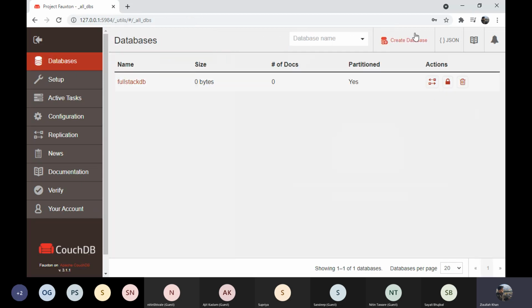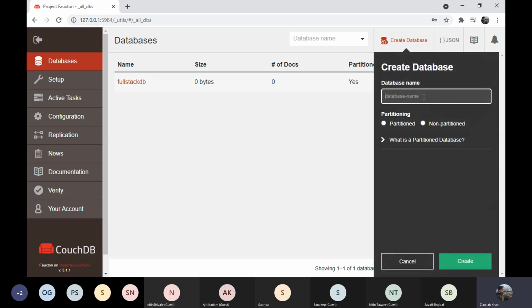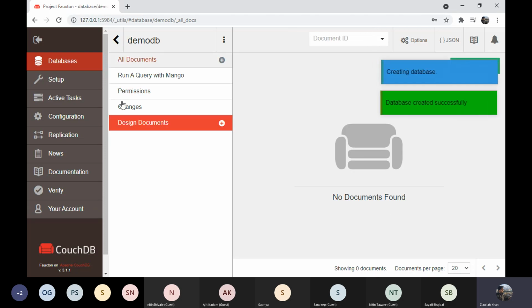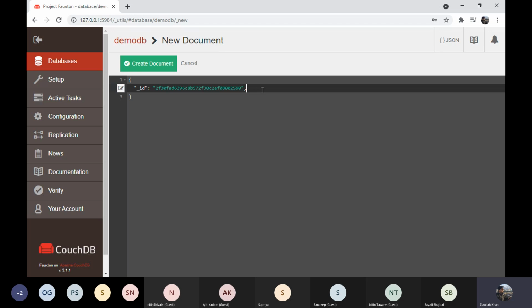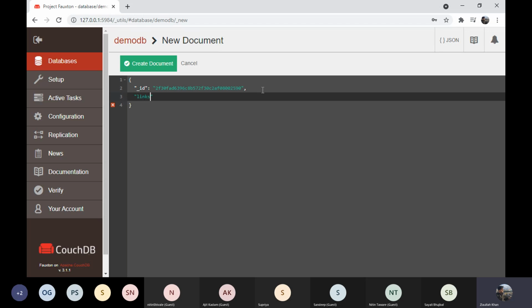I'm going to hit on the database again. Let's create another database, a demo, and I wanted to create a non-partition database. So I'm going to hit create here, and I'm going to click on the create document button, comma, and then I'm going to enter the links value. Once I hit this save button or the create document button,